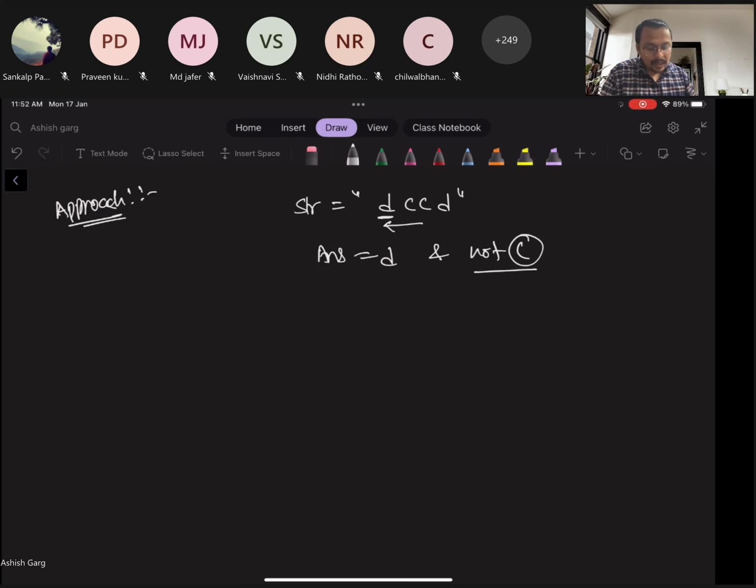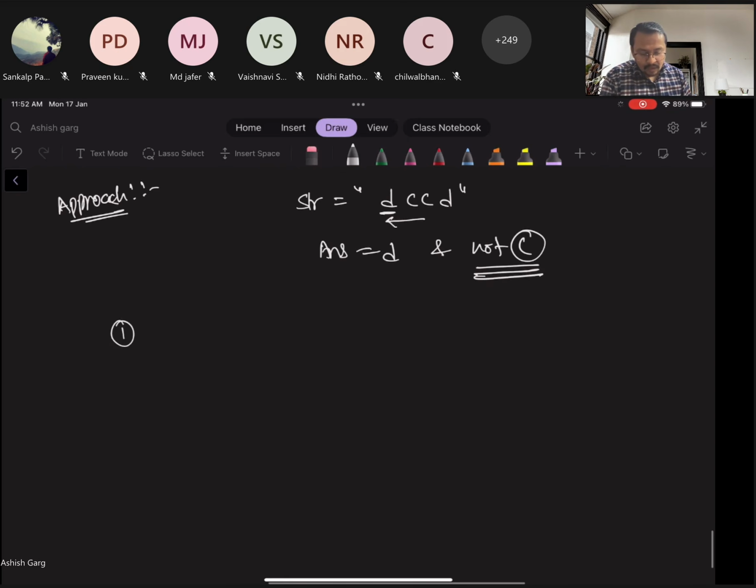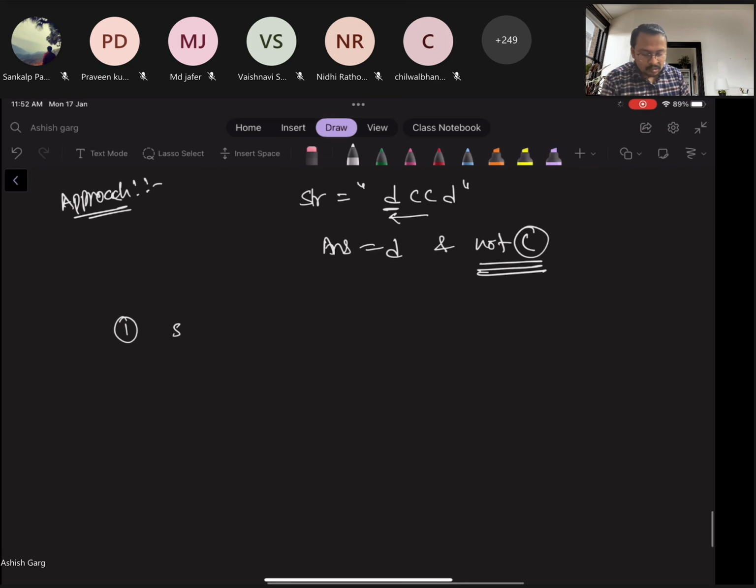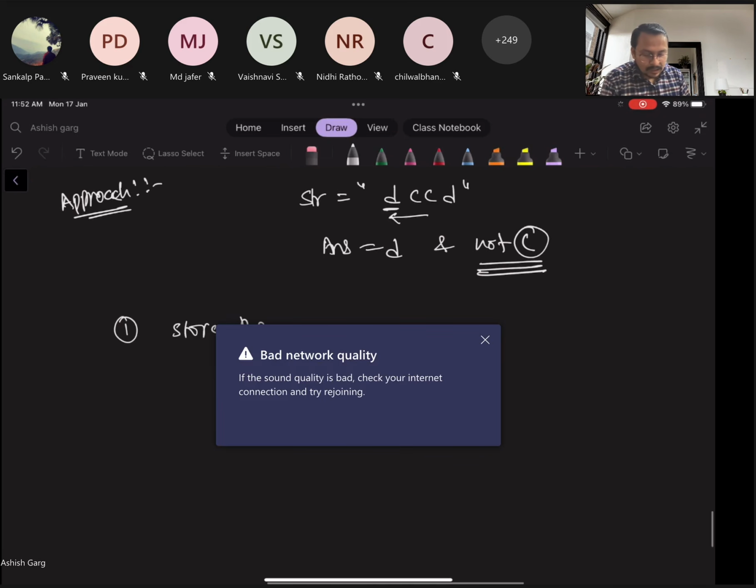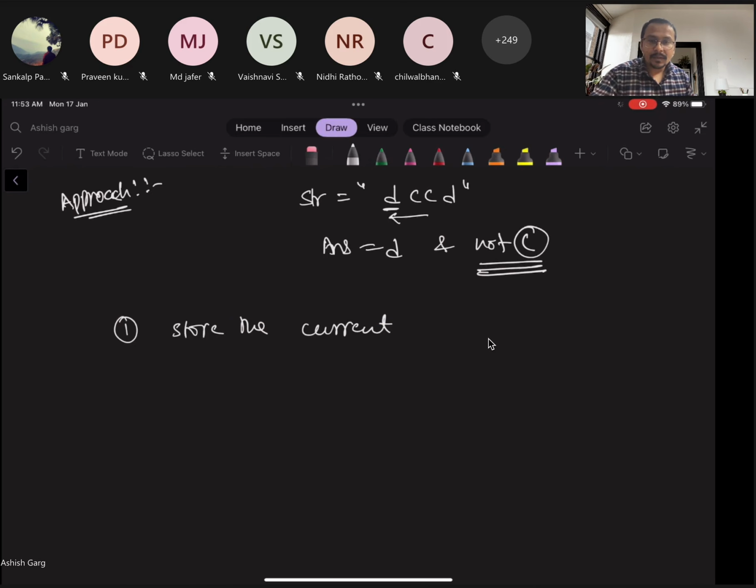Please underline this, or whatever you want to do. The answer is not C in this case. So my approach is, in one scan, how should we do it? What we can do is store the current index of the character if it is